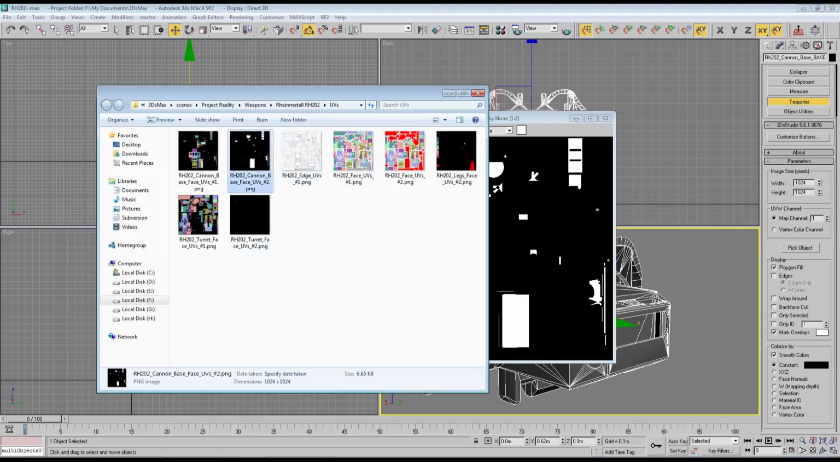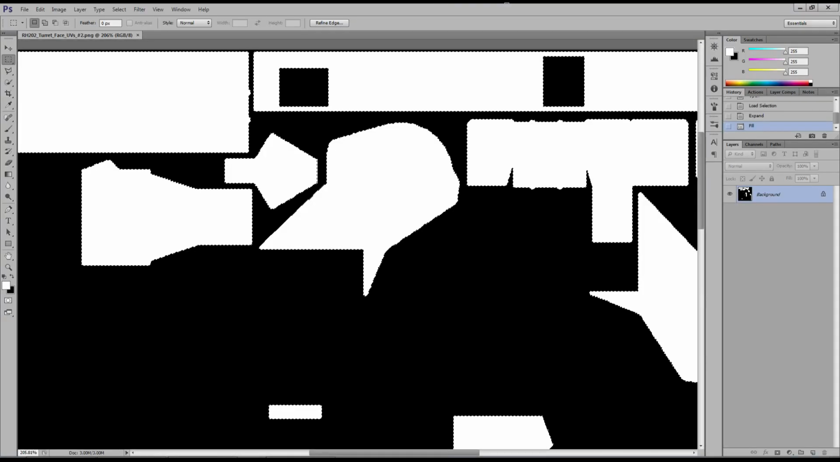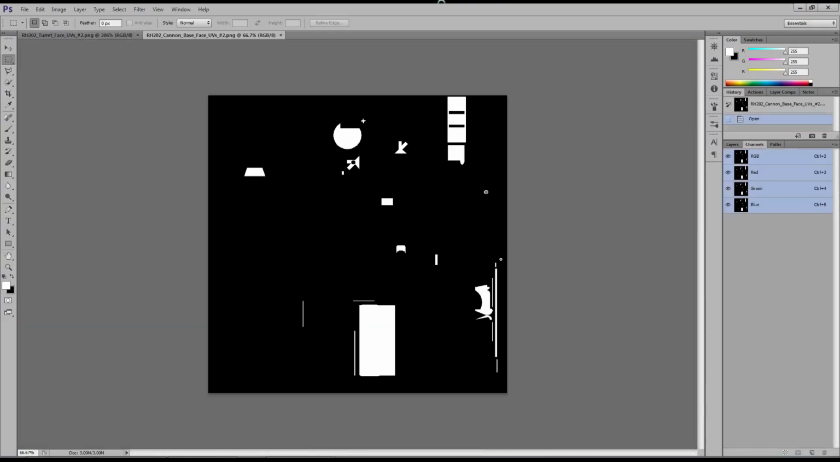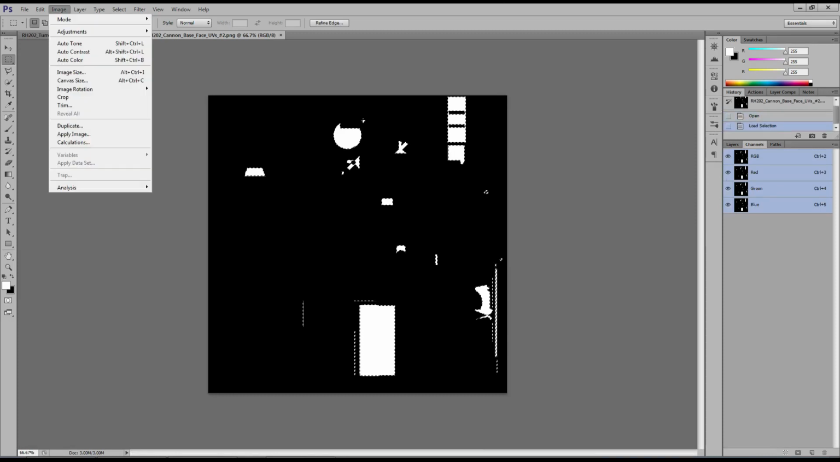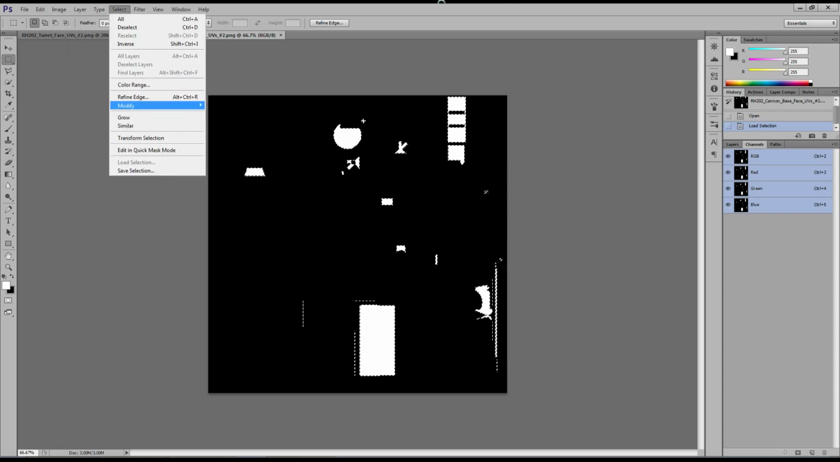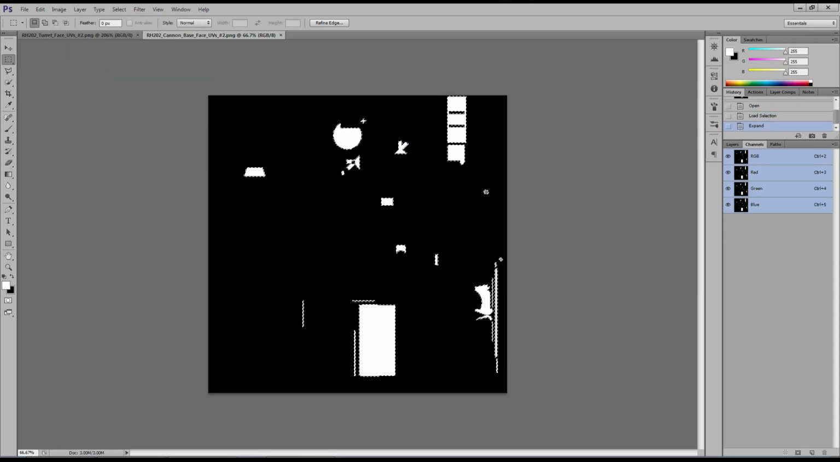Open that in Photoshop, and the same thing again. Select red, green, blue, hold control. That will just select it. And that selects all white pixels then. And then selection, modify, expand by 2 pixels. Fill, save,